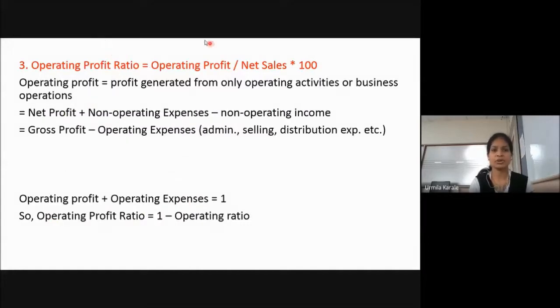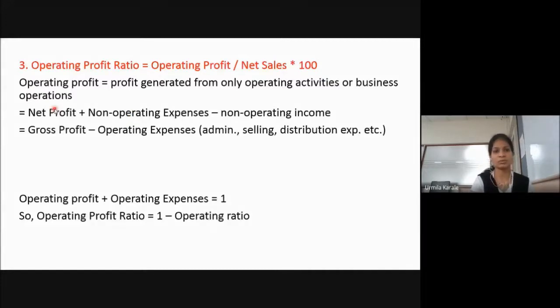Now operating profit is the only profit which you have got from your business operations. So how do you calculate it? There are two ways to calculate operating profit. From gross profit, you can go to operating profit, and also from net profit, you can go to operating profit. Operating profit is profit earned from the business. So if you want to go from net profit, net profit se operating profit find out karna hai, then what are you going to do? In the net profit, we are adding the expenses which are charged to the profit and loss account, but those are not business related expenses.